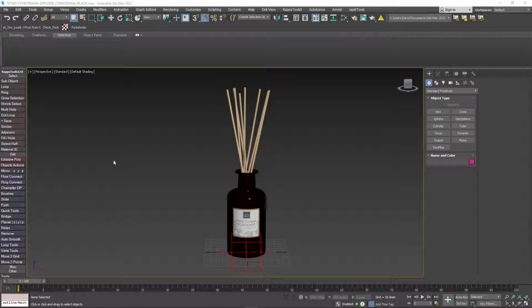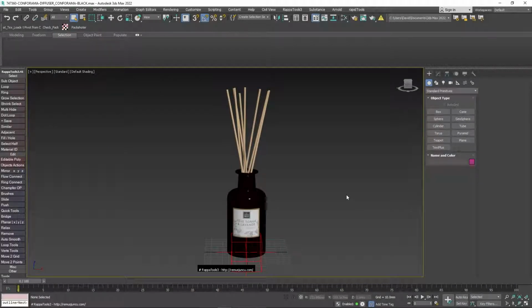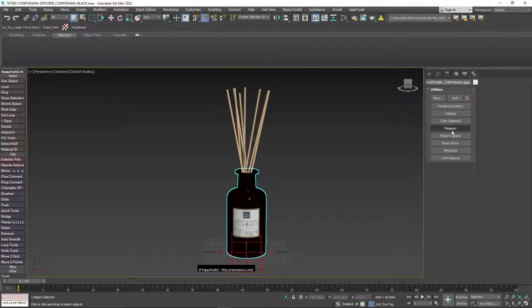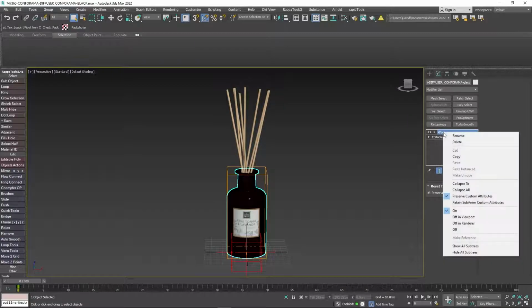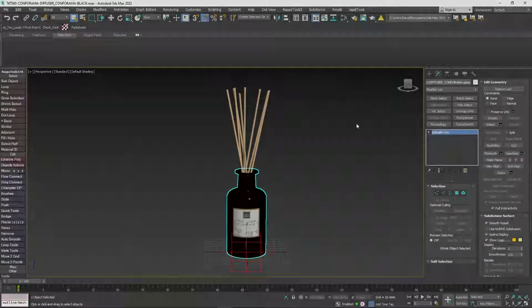In this video, we are going to unwrap our object. Also, we are talking about some rules and tips about how to unwrap our different objects in different situations based on our studio standards. First, you should reset your object transformation. So, I select my object here, reset XForm, reset selected, and collapse it.